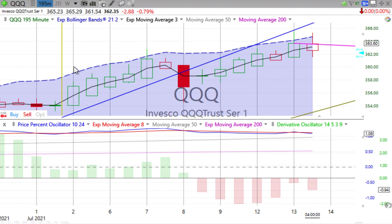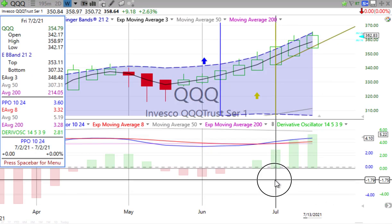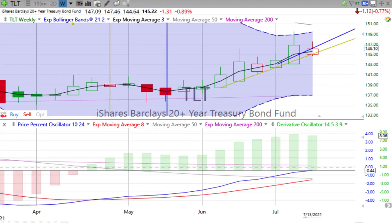So that's where we are. Of course, we had that weekly vertical crossover back on the week ending the 2nd of July. Nice up week last week, still moving up this week. That's nice. Now let's go to 20-year bonds and take a look at them as we leave stocks, 0.77%